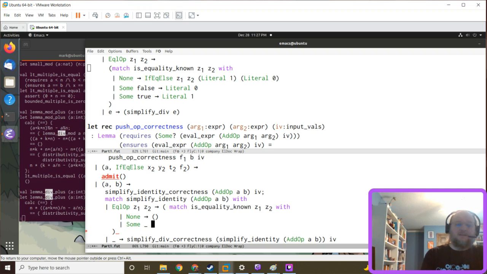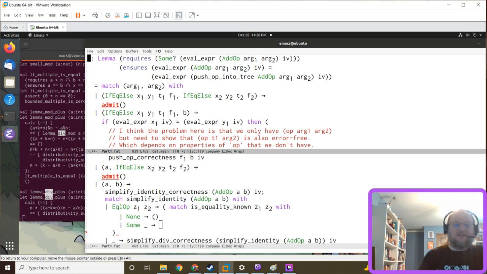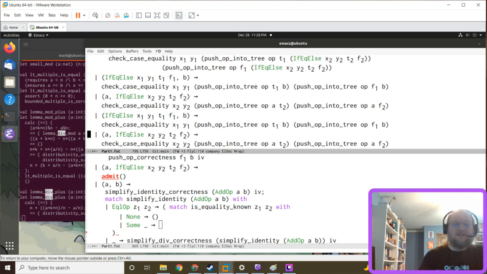And if it can't, if the equality is not known to be true or false, then we just convert it to something that should be the same when we evaluate it. And if it is known, then the theorem I just corrected,